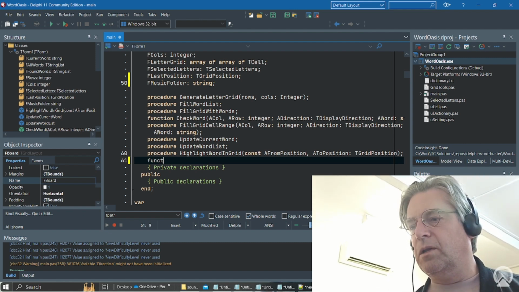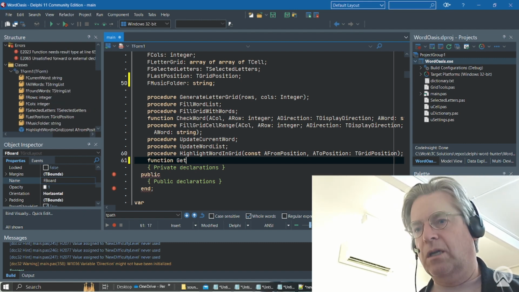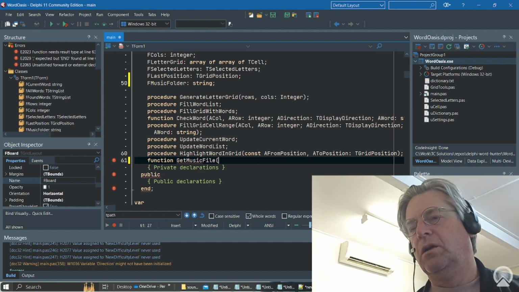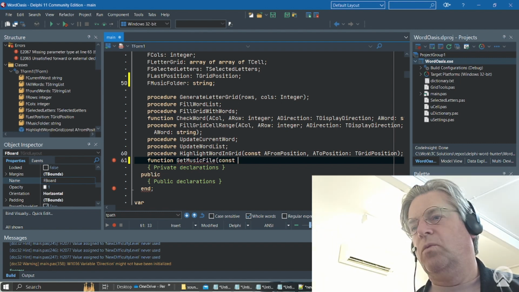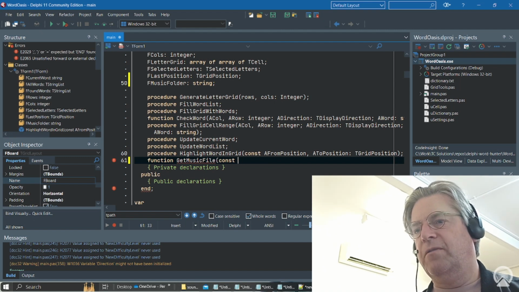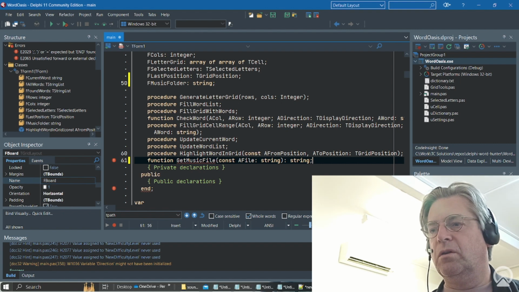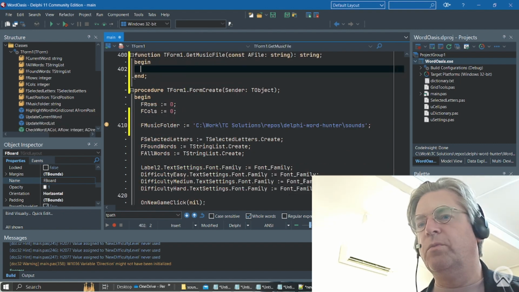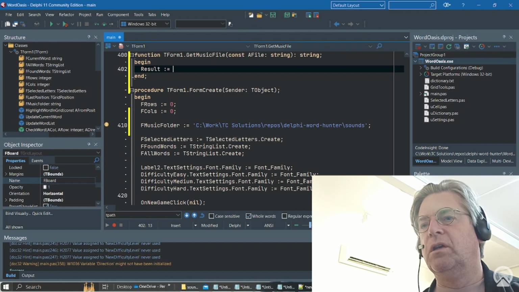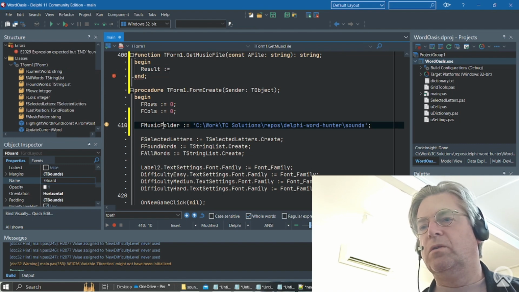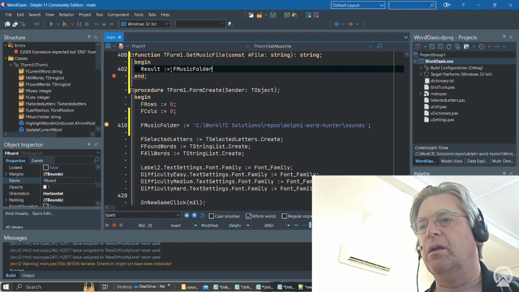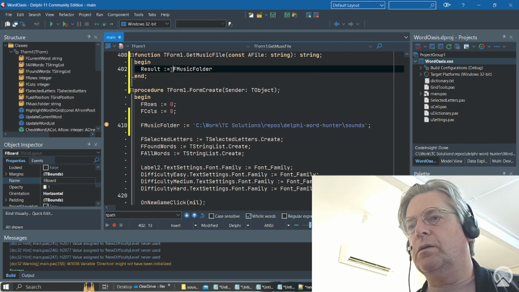So let's go to function, get music file, and we'll make a const a file string, and that can return a string also. Let it autocomplete for me, and here we can say result equals, with an assign, I should say, it's not really equals, and